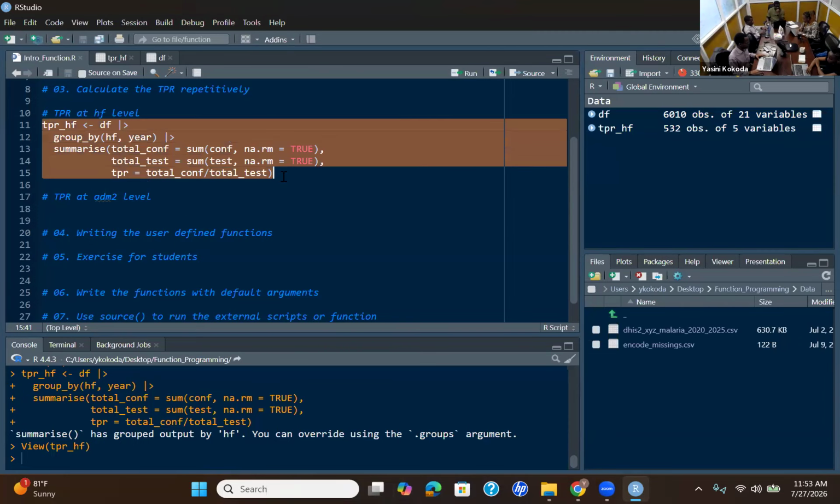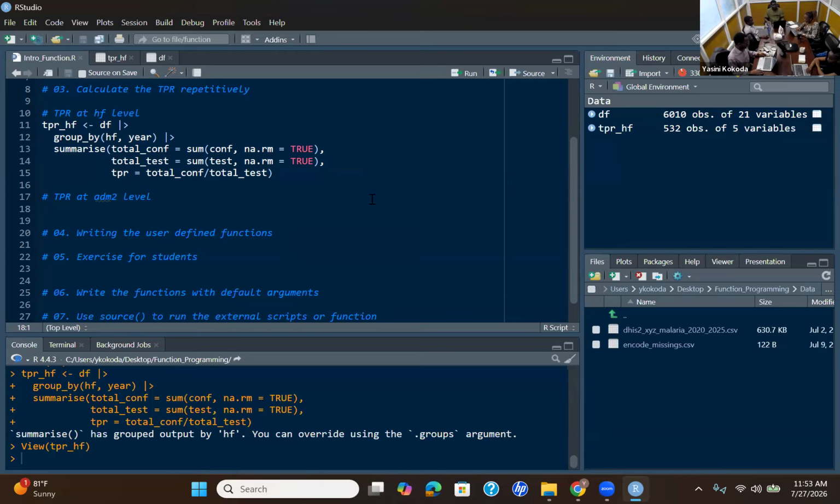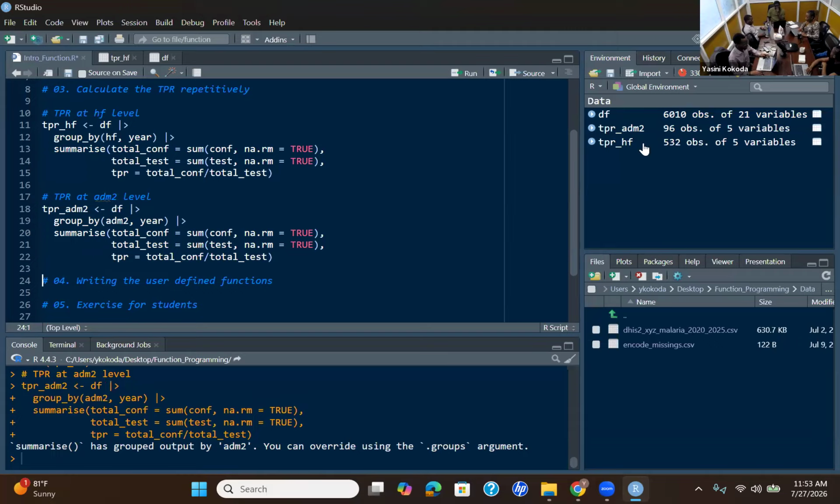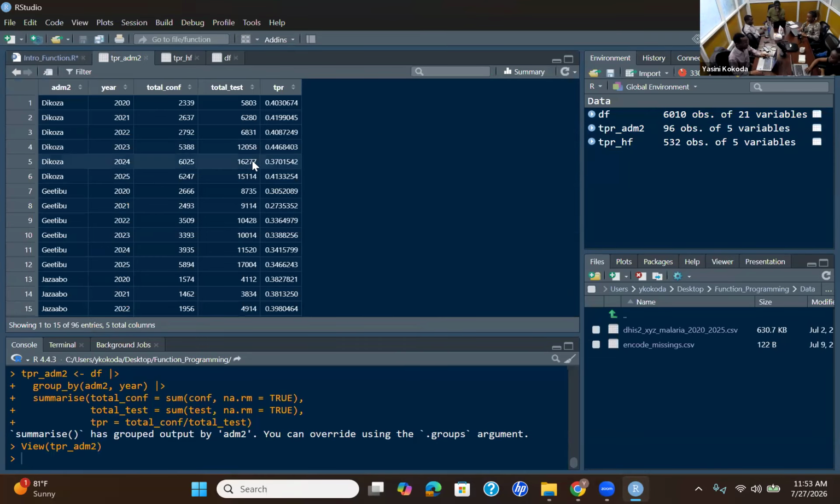So to do the same summary at the next level, which in this case is admin 2 level, you can copy, paste here, and change just the assignment variable. In this case it is admin 2, and the grouping variable is admin 2. Only two places you have to modify. And then if you run again, you get, is it not a small fix?